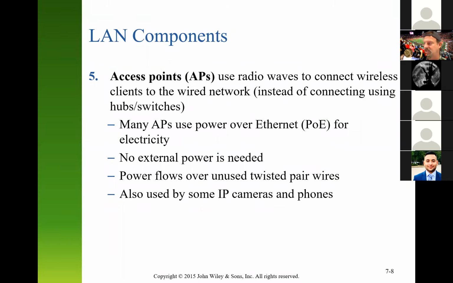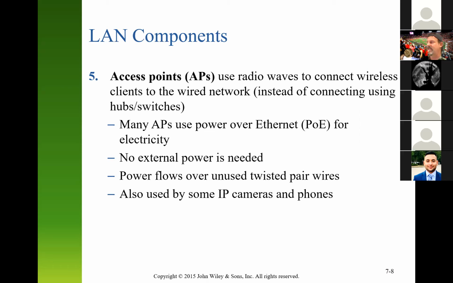Access points, I'll briefly just mention what an access point is. The correct term is actually wireless access point, or WAP. We don't use that term WAP anymore. We just take off the W and we say an access point is basically any device that doesn't have physical ports, or might have one physical port on it. It uses radio waves and has antennas on it. Some access points have external physical antennas that you can see. Some do not have antennas that you can see, but there are definitely antennas in every access point. It's a piece of metal that extends away from the device to be able to pick up and receive radio